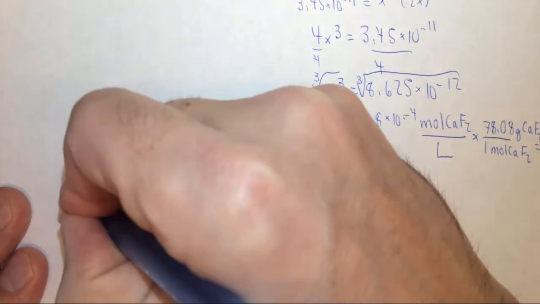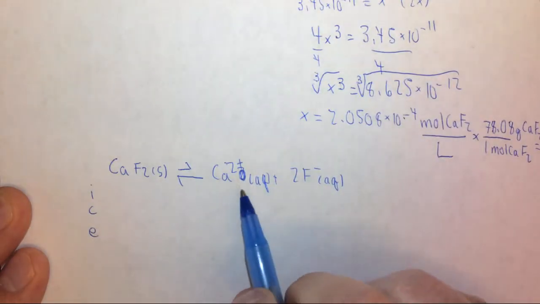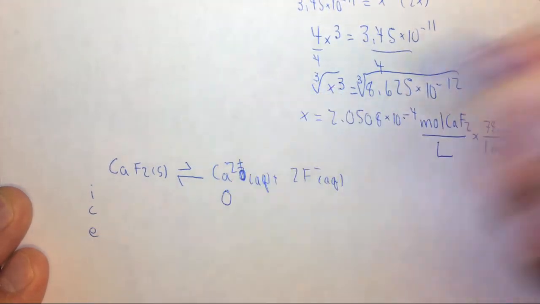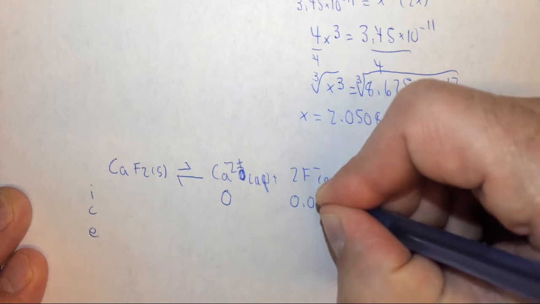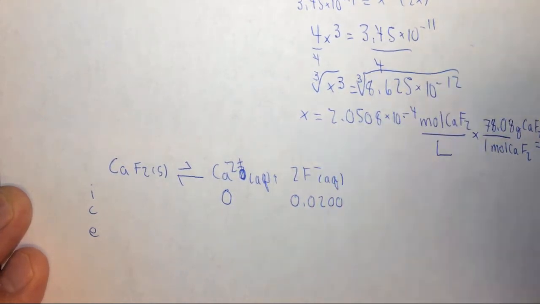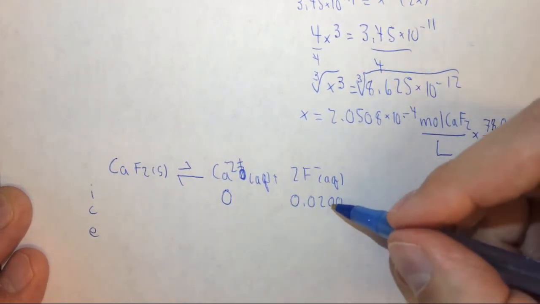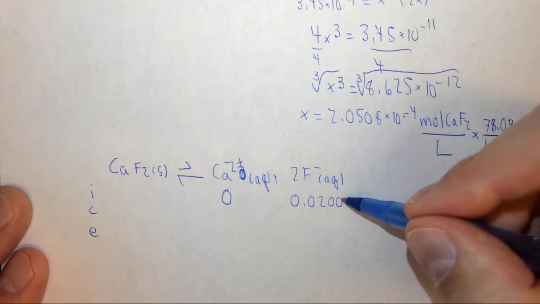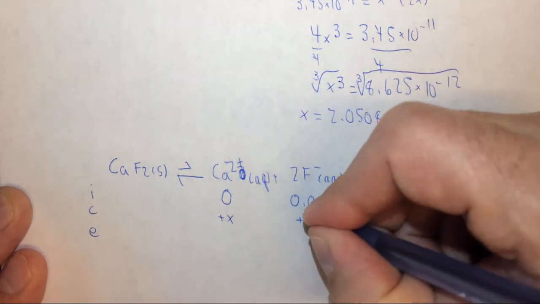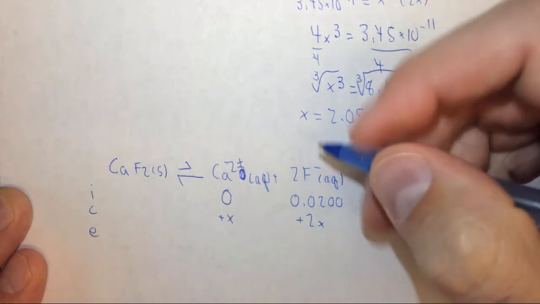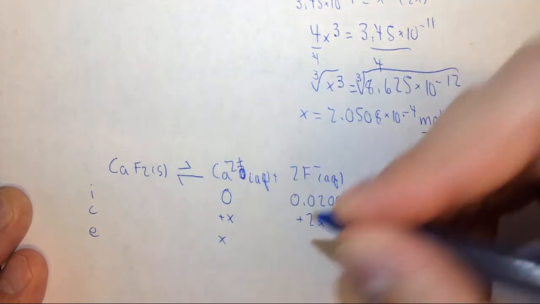And we have initial, change, and equilibrium. Initially, we have no Ca2+, but now we have some F-, 0.0200 molar. So this is going to be the F- in solution. Here, we're going to get x Ca2+, we're going to get 2x F-, and here we get x,